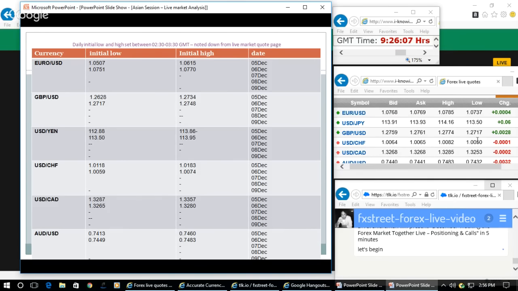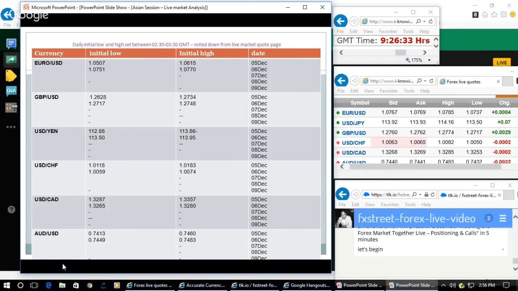You find similar moves. The case of Canadian dollar, 1.3265 is the low. They just breached the low and came below to 1.3253. And the high was 1.3280. They breached the high also and came below in the middle level. So they made a downward stop followed by an upward stop and then came to the middle level.